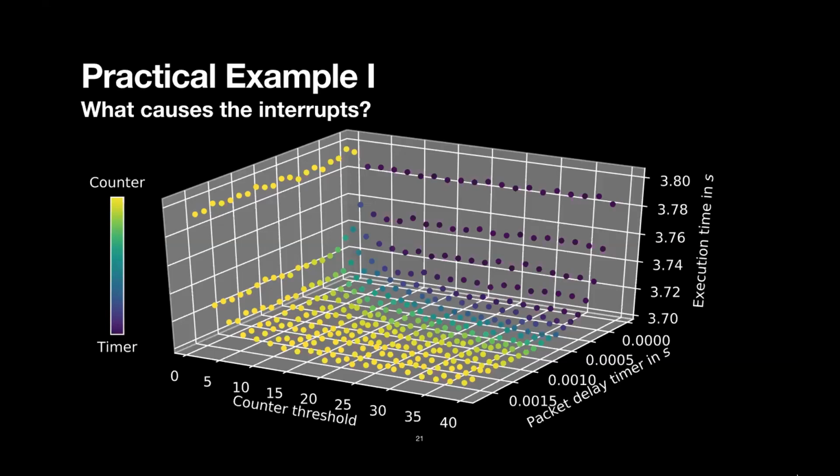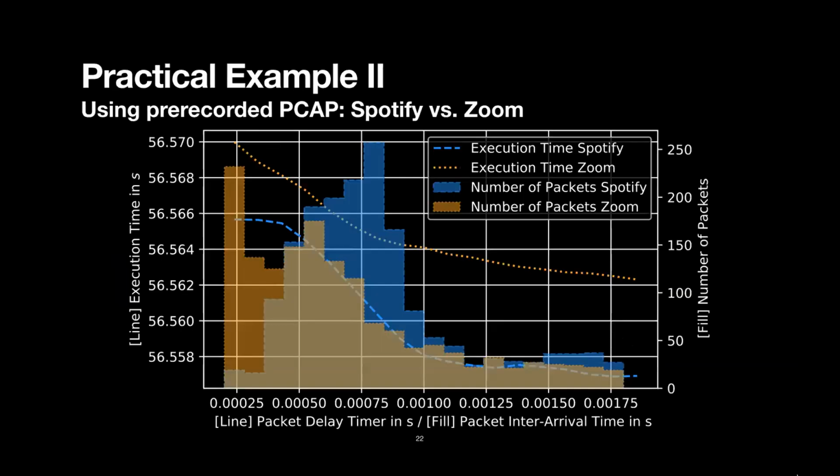in mixed mode. The color of a dot represents the distribution of the reasons of interrupts. Blue for more timer interrupts, yellow for more counter interrupts, and green for a balance between the two. To exploit the benefits of both timer and counter mode, we want both to cause interrupts, that is, land in this balanced area. For the second practical and final example, we are using the recorded loads functionality of the playground